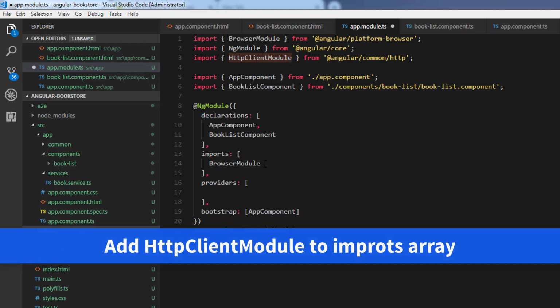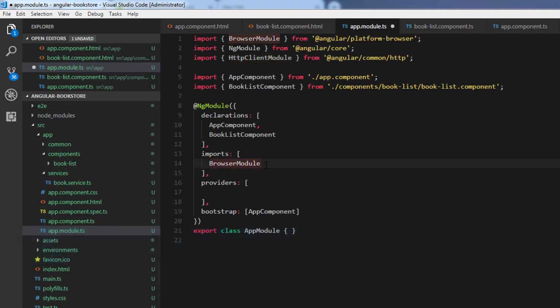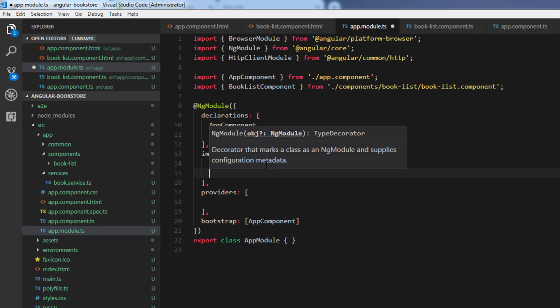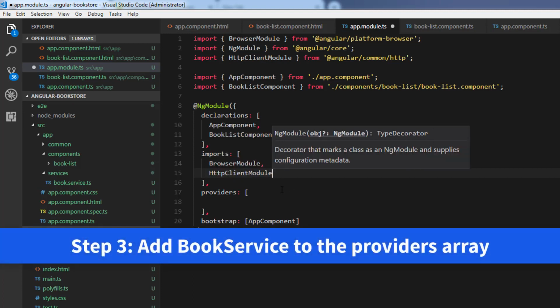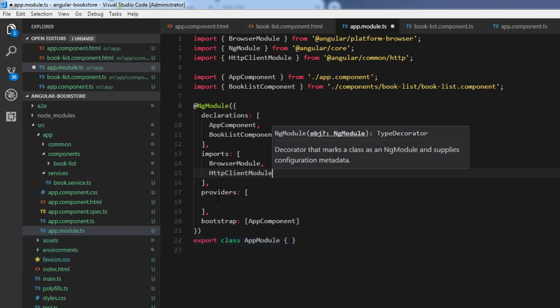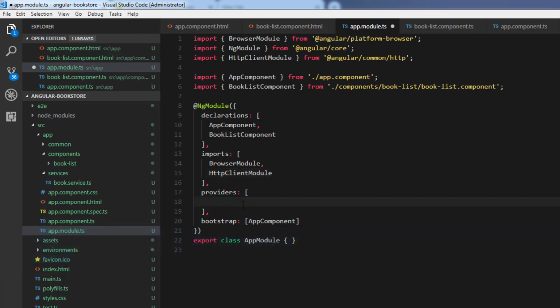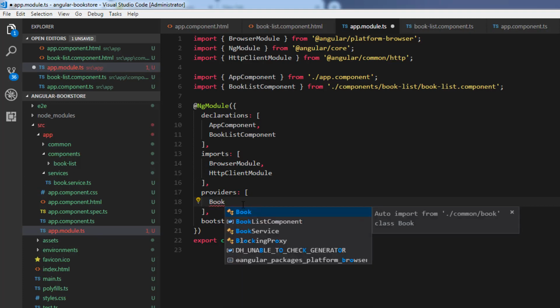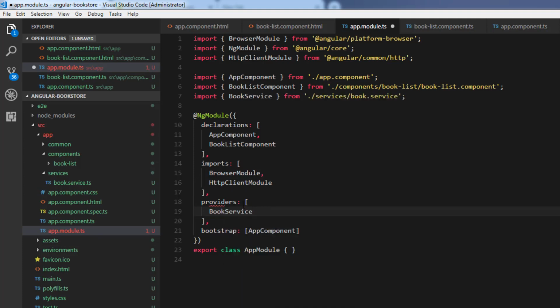And also we need to add the HttpClientModule to the imports array, just like how they have imported the browser module. And the third step is to add the book service to the providers array. So let's add the book service and let's import the book service. Let's save the app.module.ts.